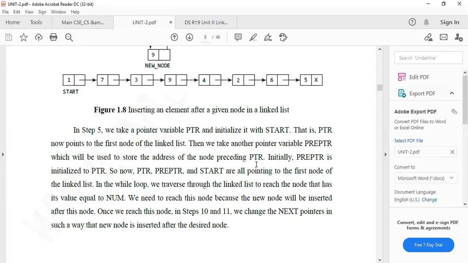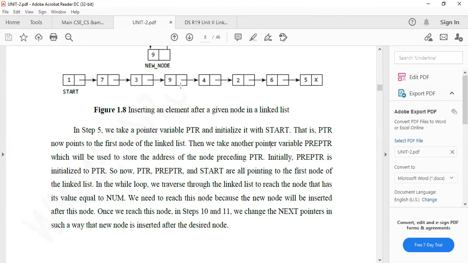PTR and pre-PTR both consist of the address part and the data part. Initially pre-PTR is initialized to PTR. Now PTR, pre-PTR and start are all pointing to the first node of the list. After these three variables are initialized to start, they will move onwards until the required node is reached.